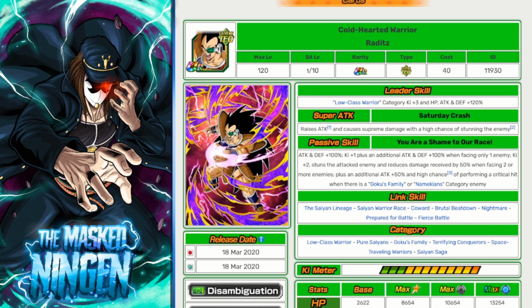So when you're facing one enemy, he gets an extra attack and defense 100% on top of his starting 100% at the start of the turn. His overall stats are okay. His main use is in like Super Battle Road because he gets damage reduction against multiple enemies, but he can still be okay here defensively. You just don't want him taking too many hits like later on, but he's got type advantage, so he should be okay